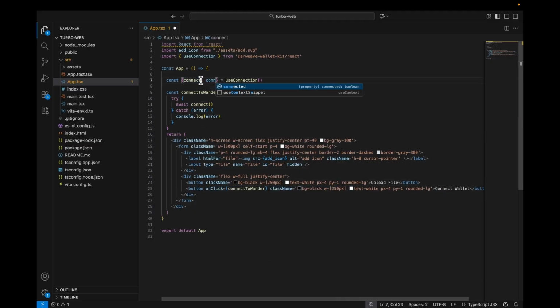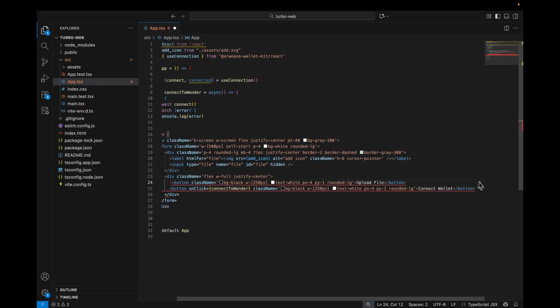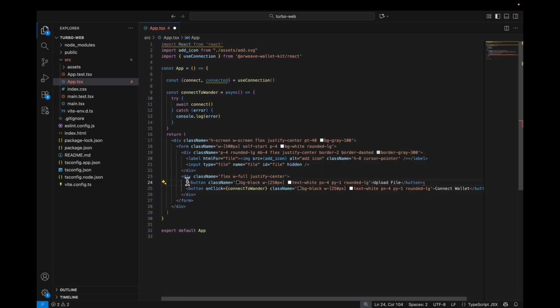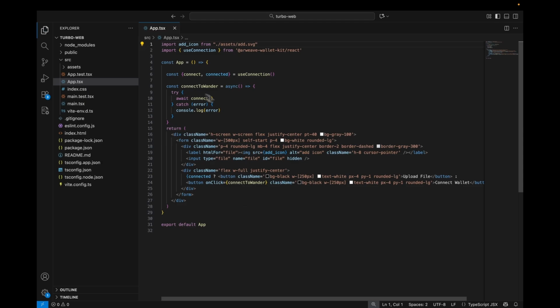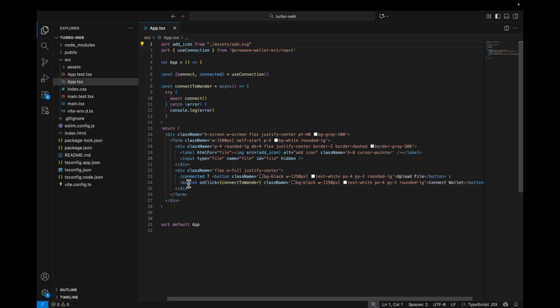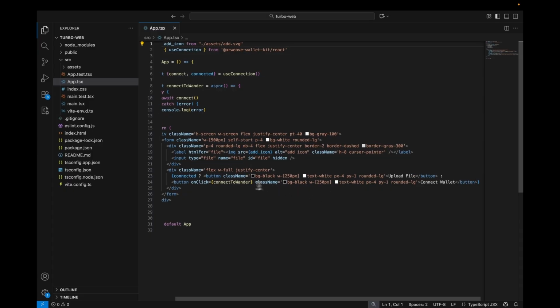There is also here a boolean called connected that I'm going to use to show my button depending on the state, right? So what I do here, I'm going to say connected. If connected, I'm going to show upload file, or if I'm not connected, I'll show the connect button. I can also remove this here at the top since I don't need it. Actually, before showing that, there is one thing I need to do here. Since I'm inside of a form, I need to specify that this button here is going to be a normal button. Type is going to be button,